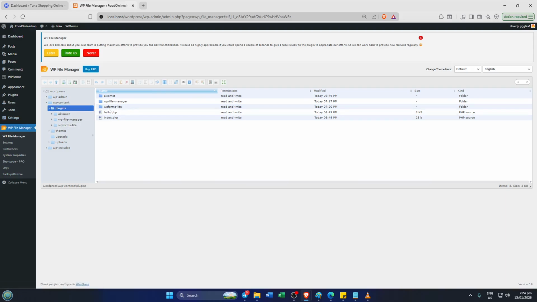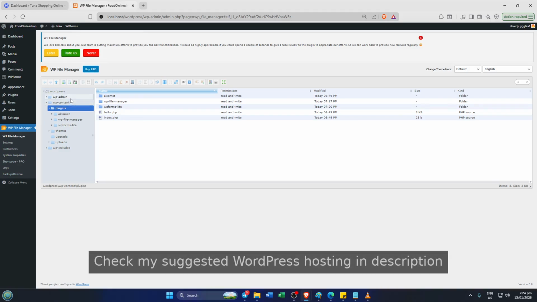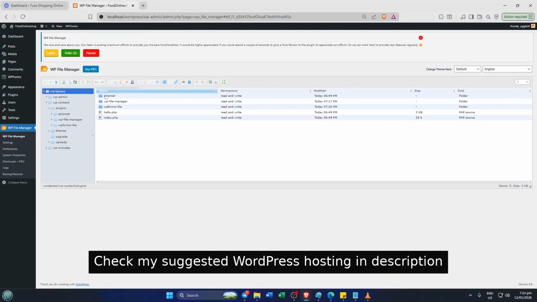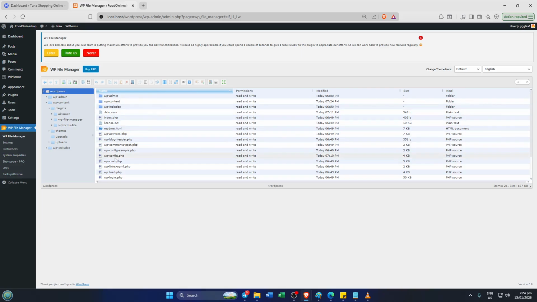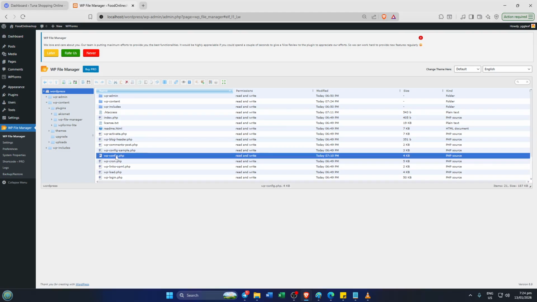To do this, you'll need to edit a file called wp-config.php, which sits right in the root directory of your WordPress installation. You'll want to open this file, either using your hosting file manager or an FTP client, whichever you're comfortable with. Once you're in, look anywhere above the line that says "That's all, stop editing." Right there, add this line: define('WP_MEMORY_LIMIT', '512M');